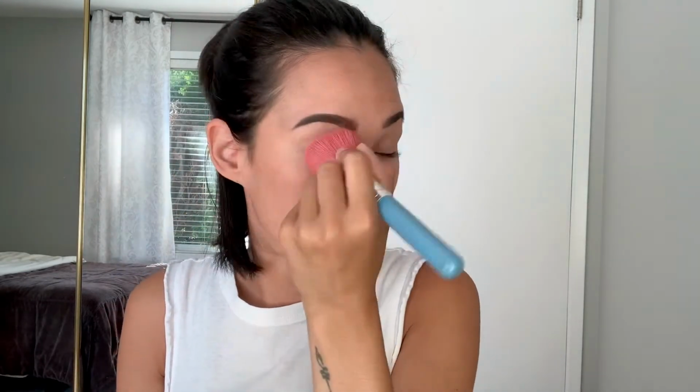All right, so now what I like to do is I like to go in and put a little bit of powder on just to set everything. So I like to use the Laura Mercier translucent powder. So I just grab my brush and, all right. So I go right underneath the eyes. I don't like to bake too hard where I put a load of it and it's completely white. I just kind of brush it on